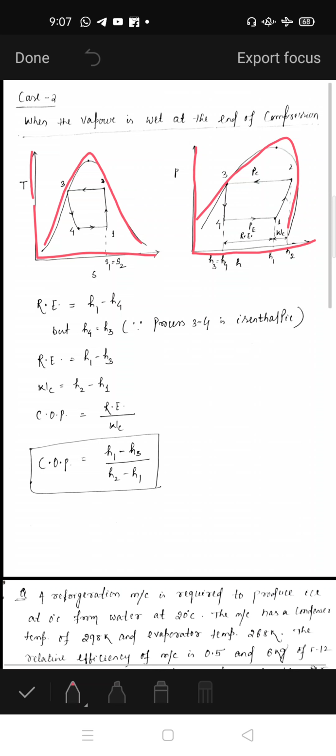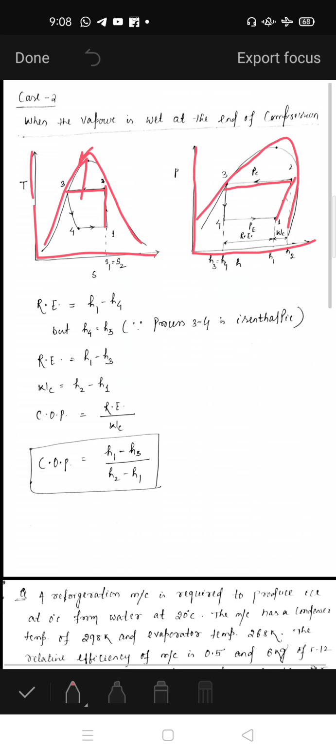If point 2 will lie here, then due to isentropic, when we start from point number 1, you are sure that point number 1 will lie in this part. Okay, this is our point number 1. So 1 to 2 is your isentropic process in the TS diagram, and here in the PH diagram, this line represents the isentropic line. I have already told you how the isentropic lines look in the PH curve. Then 2 to 3 is your condenser, means there is a constant pressure heat rejection process. So here 2 to 3 is at constant pressure and heat is rejected outside to the atmosphere. And here at constant pressure heat is rejected in the condenser.